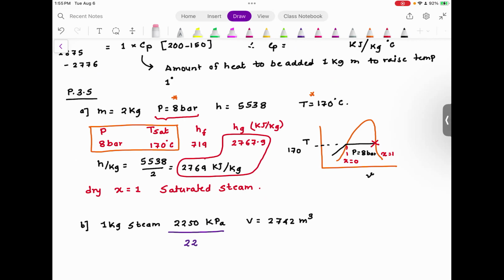Find a point at 22.5 bar and 2742 meter cube volume per kg. Are you able to track a point which is 22.5 bars and 2742